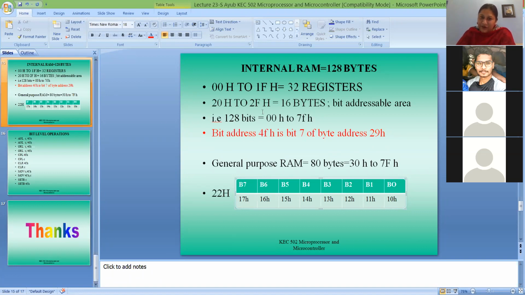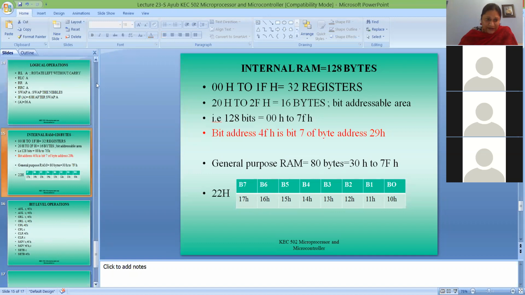So this is your bit addressable area. After 2F, you have 80 bytes of general purpose RAM, from 30 to 7F. We are talking about the bit addressable area now because we are looking at the bitwise instructions. If I say bit address 4F, that means it will be the 7th bit of the 29 memory location.